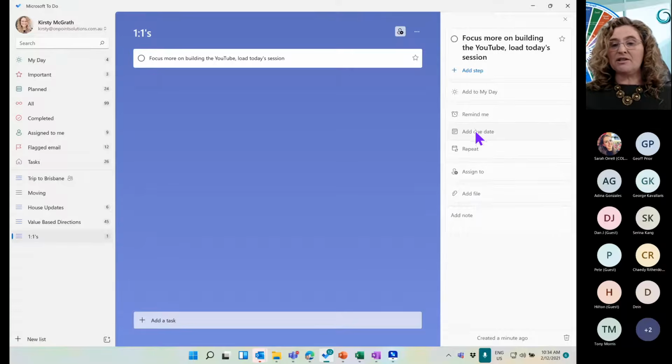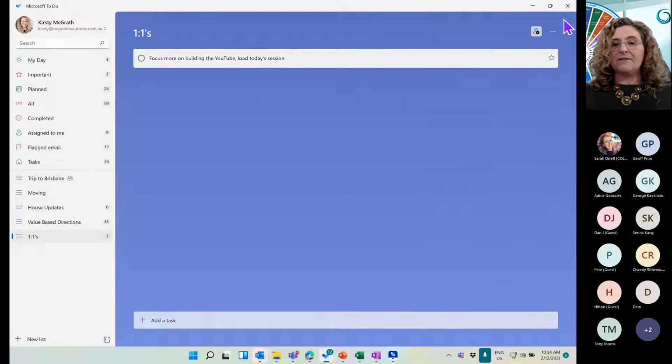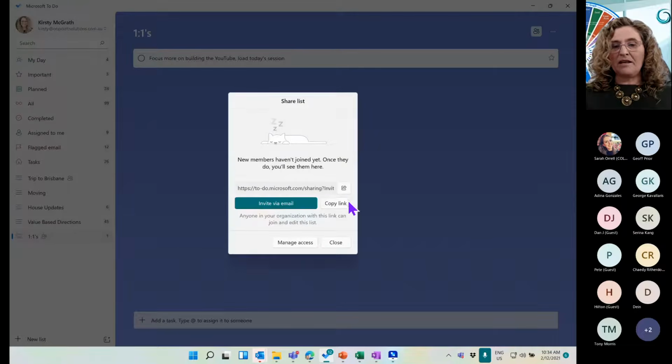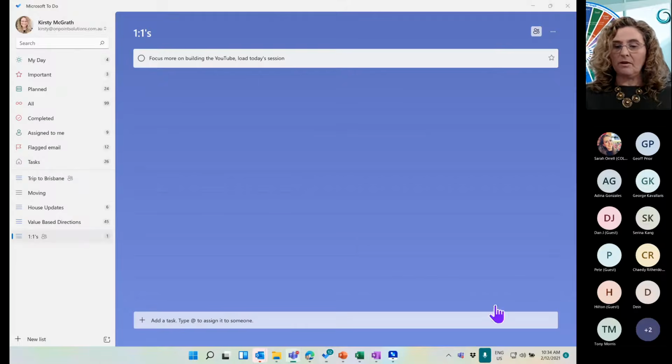You do have all your repeats. You've got your due dates, you've got your reminders, and you can go add to My Day something I need to do. So any one of these you could come back through and go add to the day. You can come from My Day, or you can come from the actual list that's been assigned to whoever that is. Okay, so I'm going to create an invitation link, invite by email, copy. I could just send this over in my Teams chat, for example. And then I can also manage the access after the fact. So that gives you a bit of an idea around the tasks here.